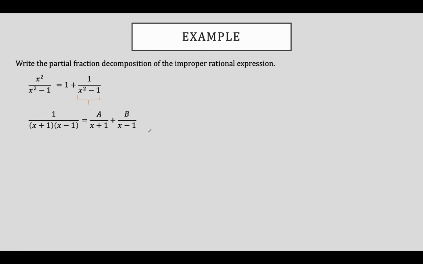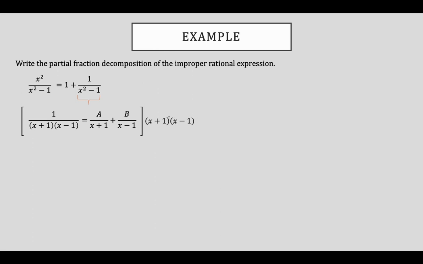To complete the partial fraction decomposition, we must solve for the constants a and b. This means we need to multiply by the least common denominator, and the least common denominator, as we have seen before, is the denominator of our original expression, okay, the fraction we were trying to break apart, x plus 1 times x minus 1. Well, when I multiply the left-hand side of the equation by x plus 1 times x minus 1, the whole denominator here gets canceled out, and we are left with 1 is equal to a times